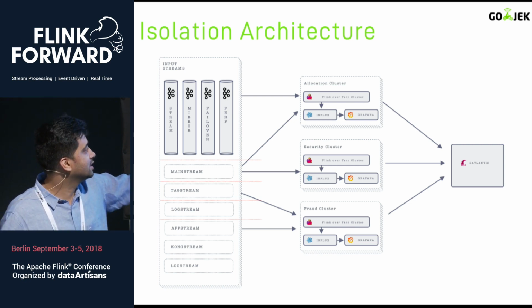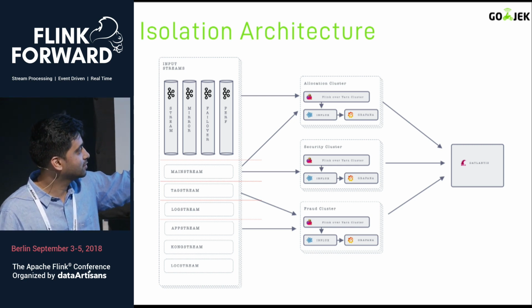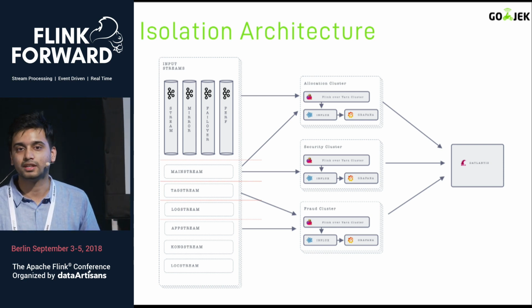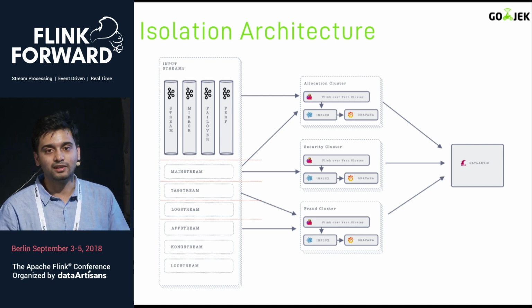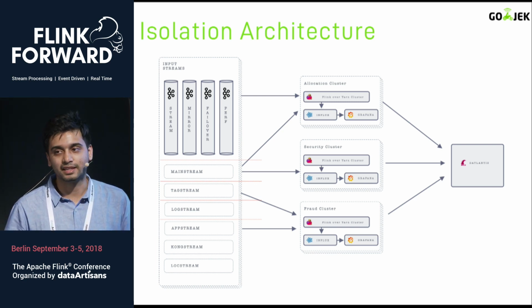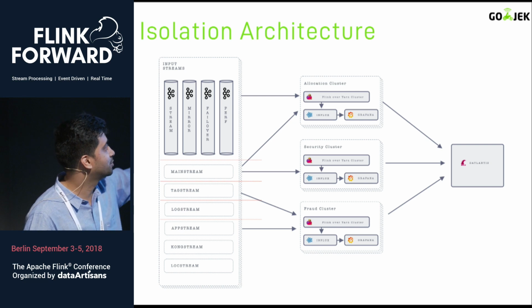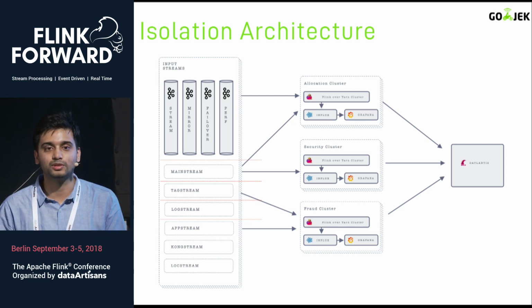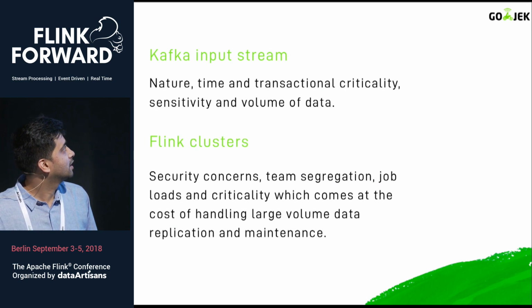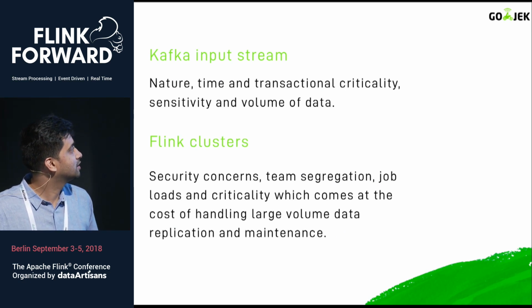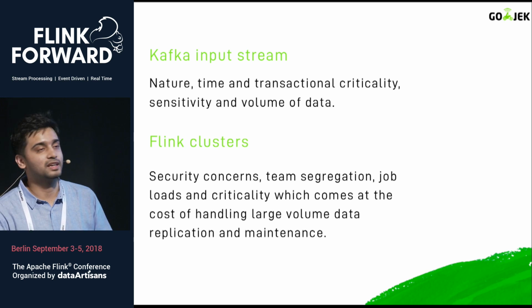And then we have the conch stream and log stream. These handle the API logs, which we were talking about, basically how much time each API is taking and what the status was. So these are pretty heavy streams, and the main stream is the one which has the critical booking logs. And Flink clusters are also managed in a similar way.